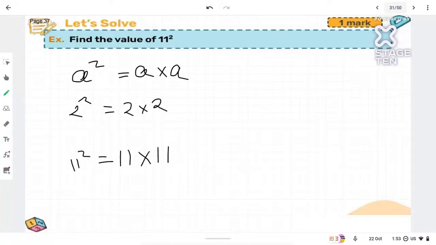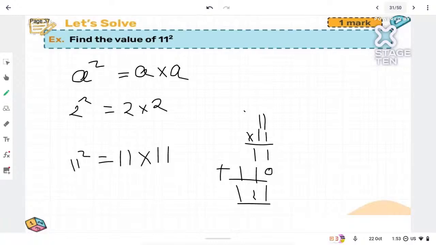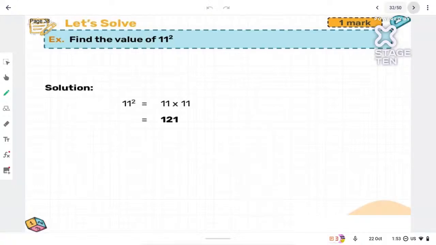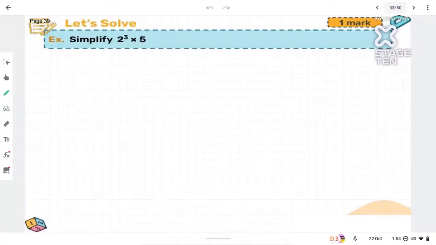What is 11 into 11? Now 11 square, if it gets confusing for you, you can just simply do multiplication, right? 11 into 11. 1 ones are 1, 1 ones are 1, correct? Then here comes a 0, 1 ones are 1, 1 ones are 1. Add them, 1, 2, 1. So yes, Deepa, Kevin, Nilesh, all of you are correct. The answer is 121. So 11 square is nothing but 121. Very good.